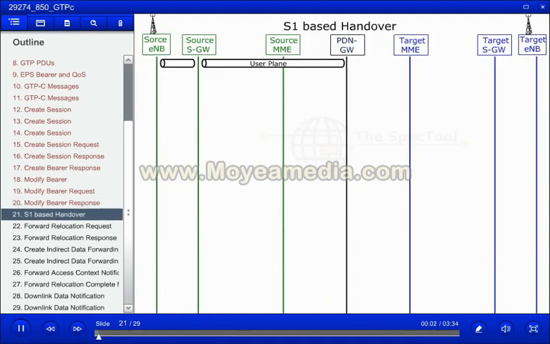This traffic case, S1 based handover, is defined in 3GPP Technical Specifications 23.401. The handover in this example leads to that not only the cell is changed, but also the serving gateway and